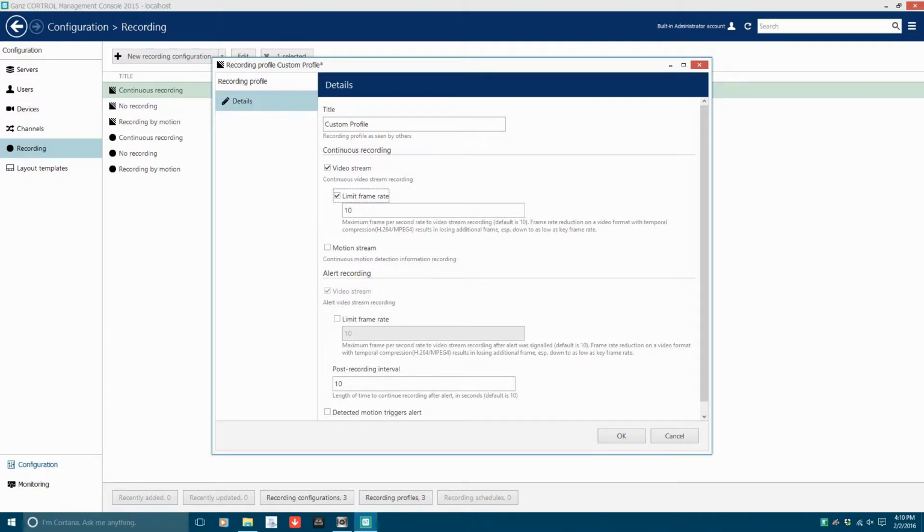For alert recording, select the video stream option to enable alert-based recording. The first option, Limit Frame Rate, allows you to set the desired recording frame rate. The second option, Post-Recording Interval, allows you to set the amount of time to continue recording after an alert trigger has stopped. The third option, Detected Motion Trigger Alert, when selected, trips recording on any motion detection-based triggers, such as